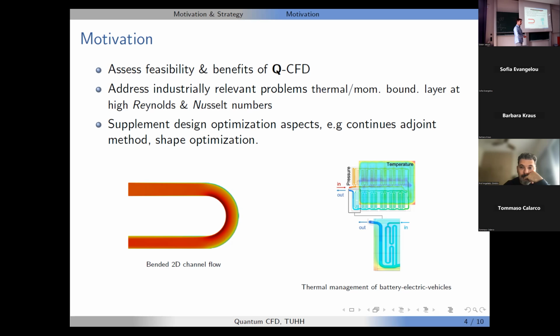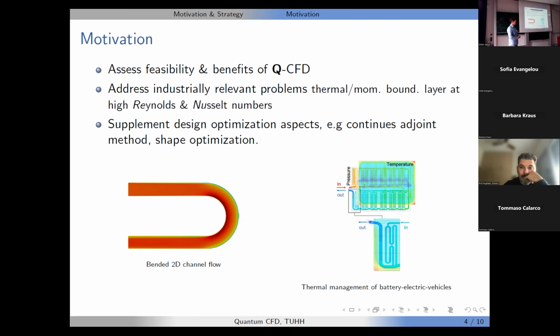The idea could first be to have a look at a bent channel flow, where we just have an inflow. It's a 2D case, going around the corner, with an outflow. Again, really important here are the Reynolds number, the boundary layer, and the curvature characteristics. It is also not that easy to get right at first. We use the finite volume method here, maintaining, as communicated in the beginning, that everything which comes in also goes out. This is extended by the aim of our initiative, in order to come up with a practical application idea.